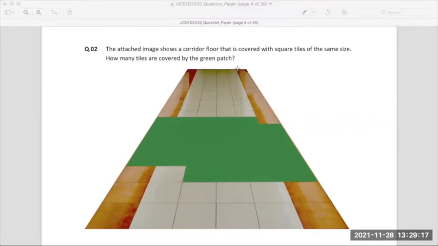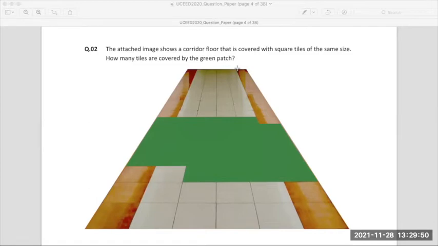Anybody wants to say how do we solve this question? Just add the number of remaining tiles in a row. That is a very good idea, but there are certain rows which are not visible. How will we know how many rows are missing? Estimation of 3 rows in the center. You are saying estimated 3 rows are missing in the center.